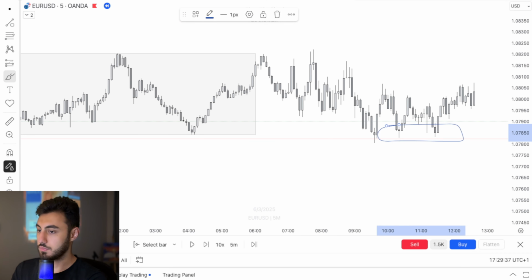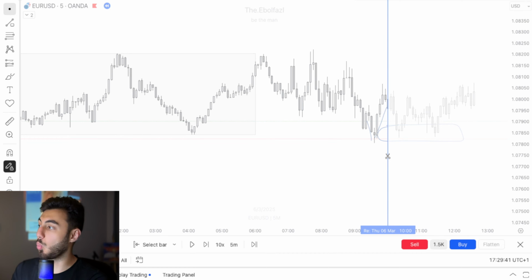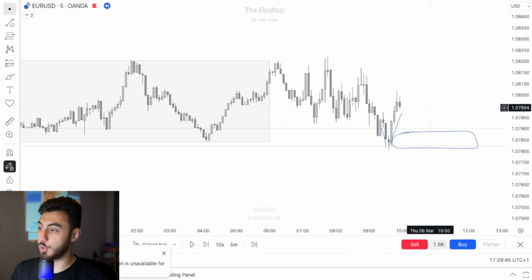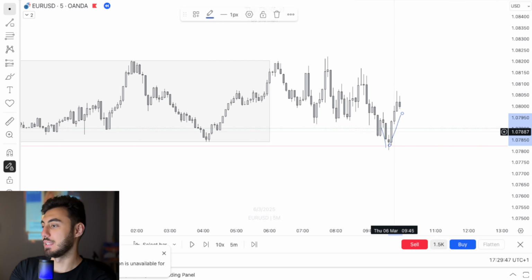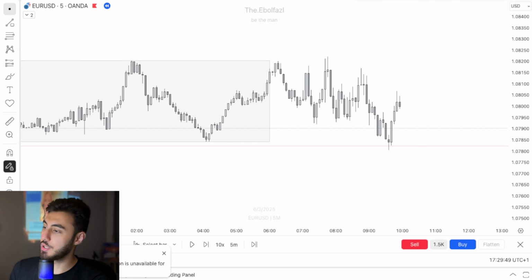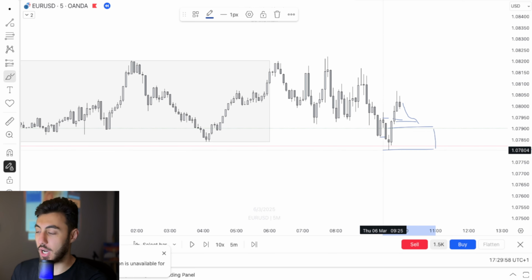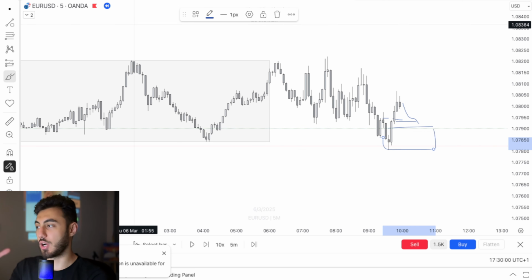So once price tapped to this area, what I did, I went to the 1 minute time frame for confirmation. Oh, I can't go to the 1 minute, unfortunately, because of the data here. So I went to the low time frame and I looked for the strong low and the liquidity that created here in the low time frame, and I entered at the POI, which I identified after I identified my confirmation